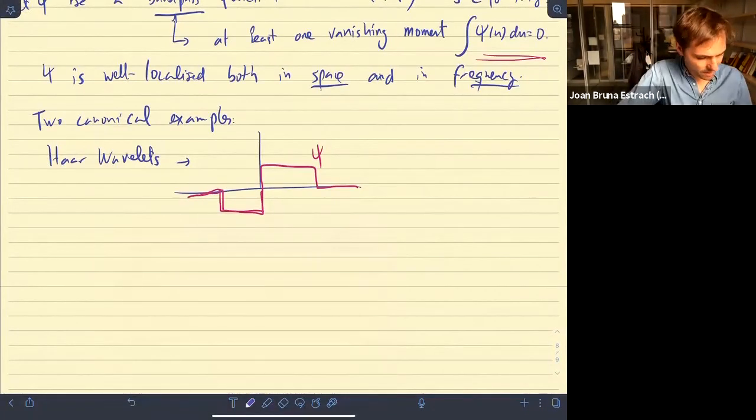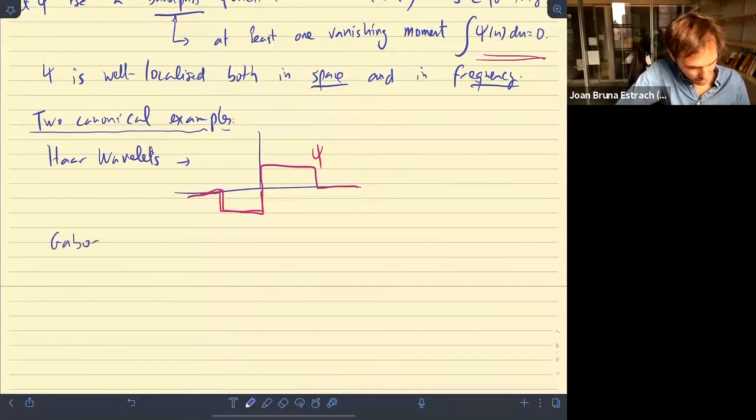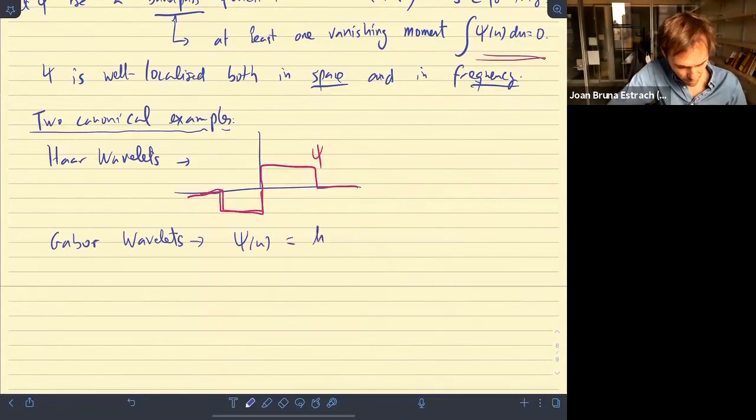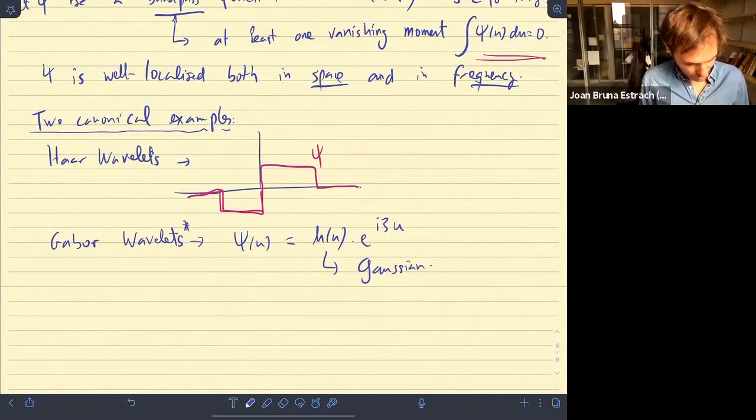There's another example that, even though it's not formally true, will hopefully also give you the right picture. That is this family of what's called Gabor wavelets. Here I construct phi of u from the previous example we had shown before: I take a Gaussian window, H, and I modulate it. Let me just put here an asterisk, because strictly speaking,